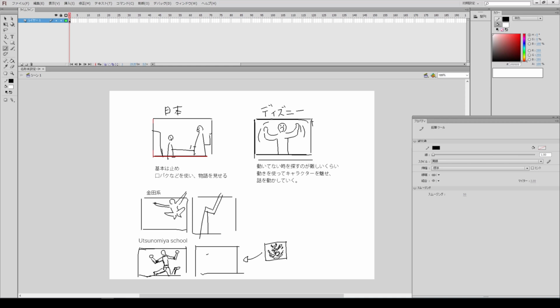I'll briefly demonstrate Utsunomiya style. I'm not sure if I can draw it well, but I'll try. He emphasizes how air currents appear and rise. He doesn't just draw the flame. He focuses on the fire's energy and how wind affects it. There has been a strong movement to express these physical phenomena.